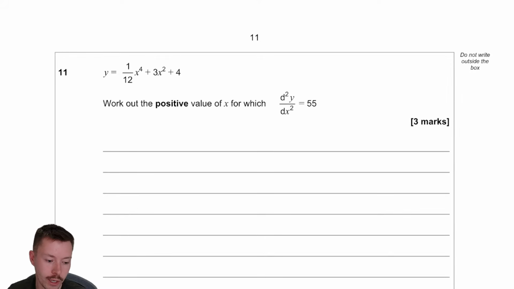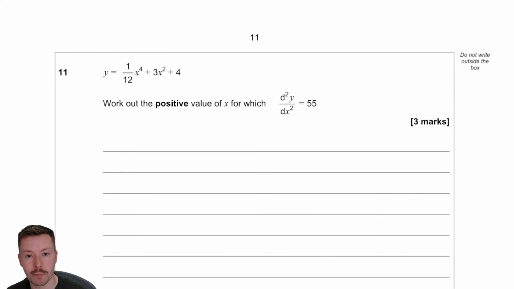Predicted paper, okay, and I said this earlier, so I'll just repeat it quickly. It's a bit difficult to predict paper 1 because there are topics that can come up on paper 1 and paper 2. However, there are topics that basically can't come up on paper 2 because you could use your calculator. The main one is exact trig values. You've then got things like surds, which they want to see working out for. You can't just put that in your calculator because you don't have it. Things like differentiation and polynomials, some of those you could put into graphical calculators. So